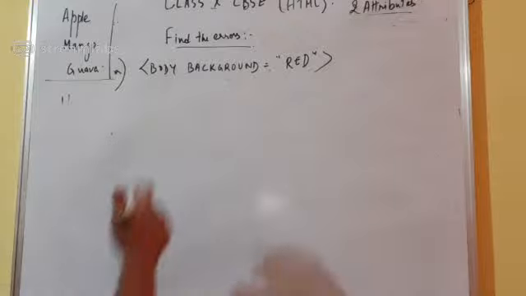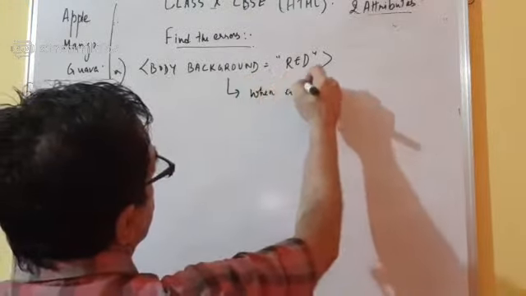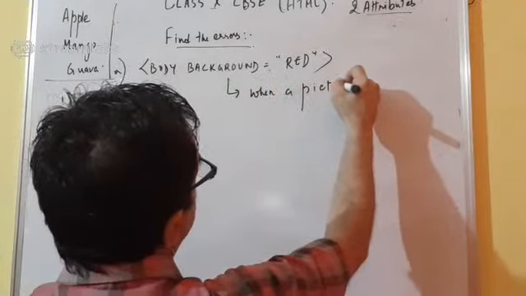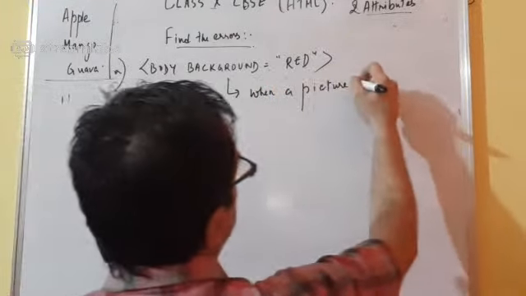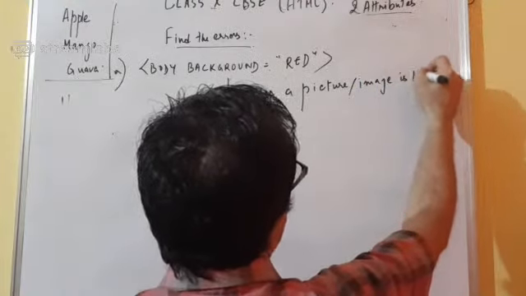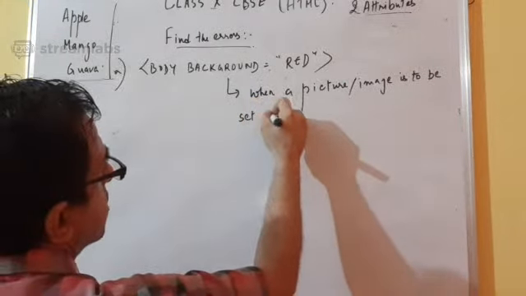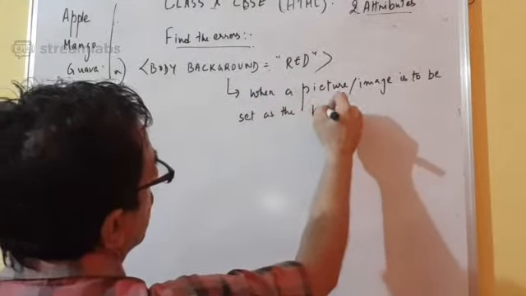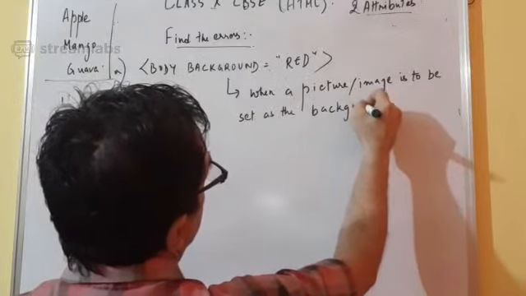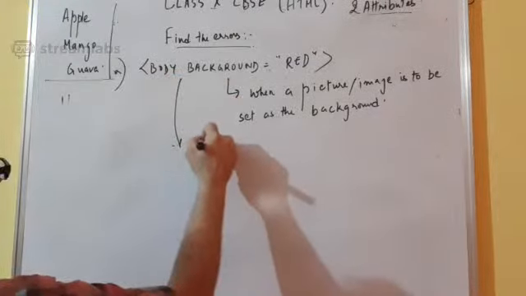See, background is used when a picture or image is to be set as the background. Okay. But when you want a color to be represented, then at that point of time the corrected code will be